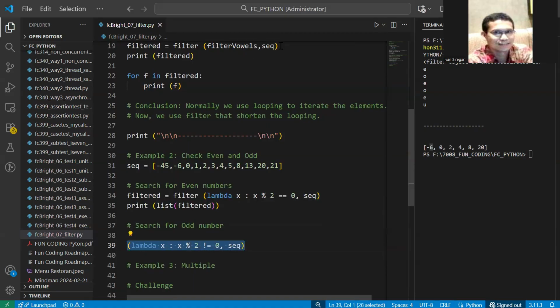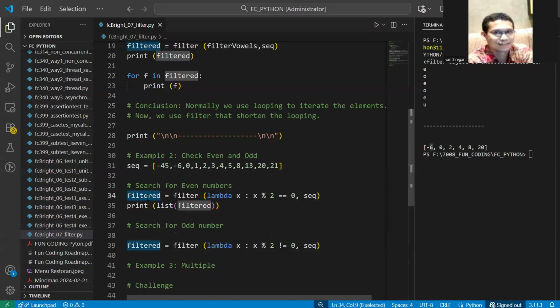Both are inside the bracket, which is the parameter of the filter. So this is the left parameter, this is the right parameter. Or arguments also, some programmers call these arguments. Okay, so as the result, you put this as the filter. This one will be replacing the previous one.